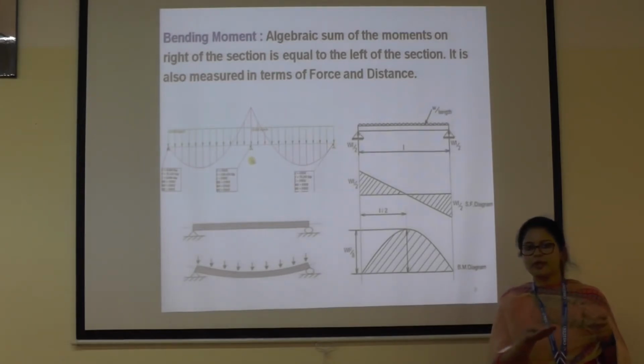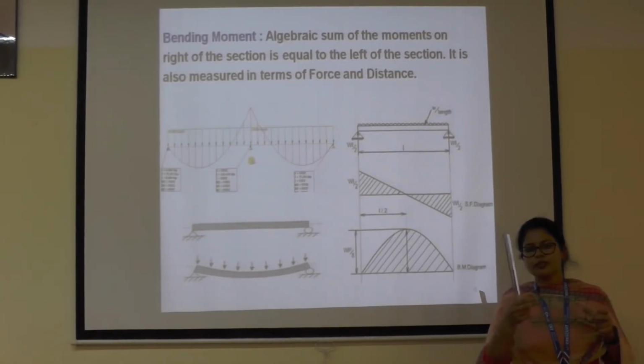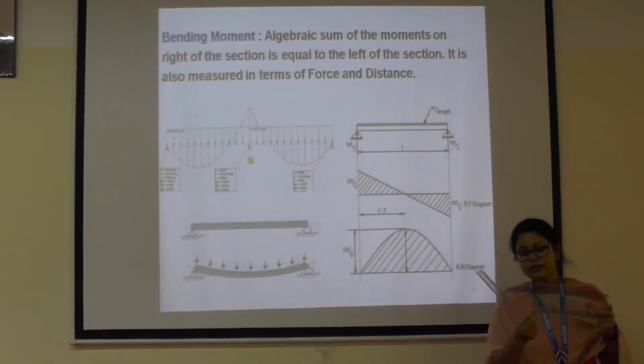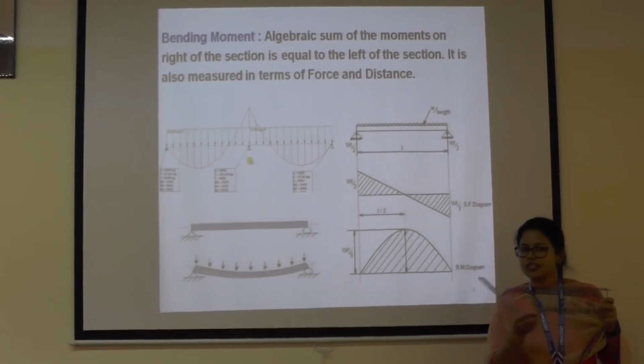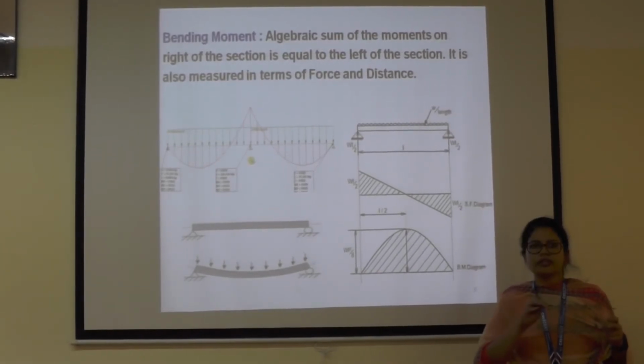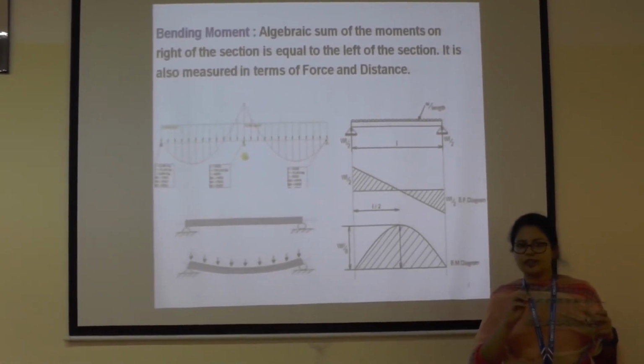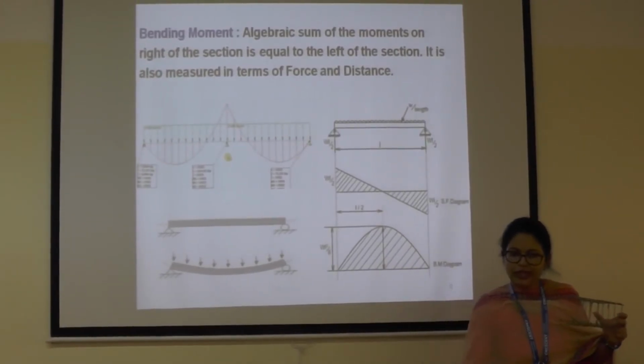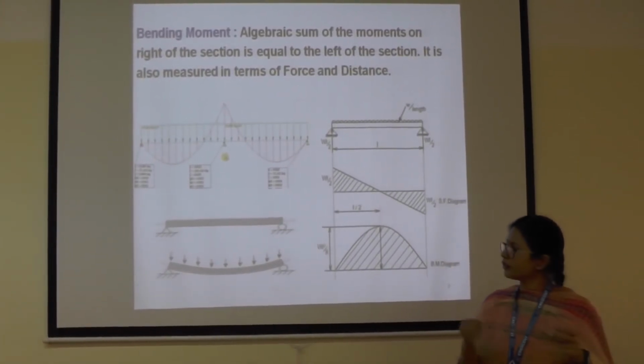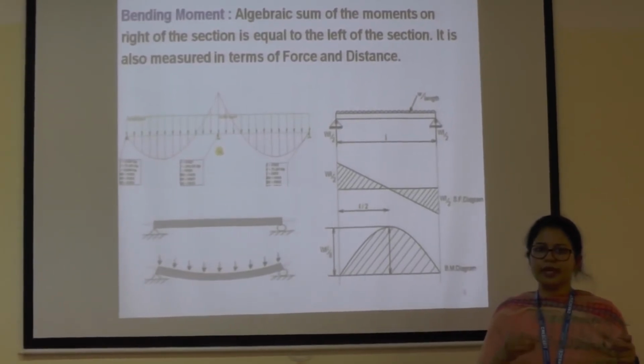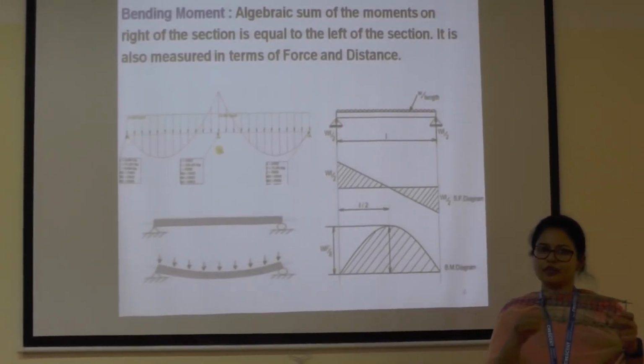Always, the bottom portion of the beam we provide as the tension zone, and the top portion as the compression zone, where we provide a large number of rods in the tension zone and a very small number of rods in the compression zone in order to take up the cracks. So for the beam, in order to take up the bending moment, I am providing this reinforcement pattern.